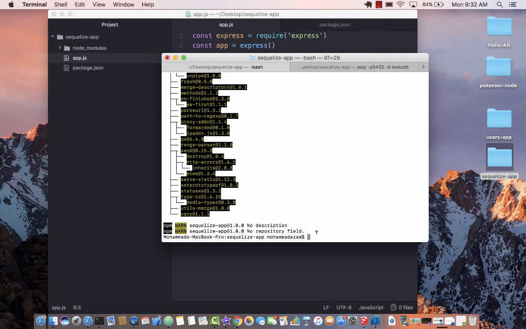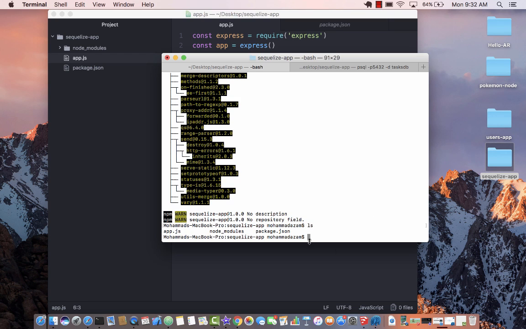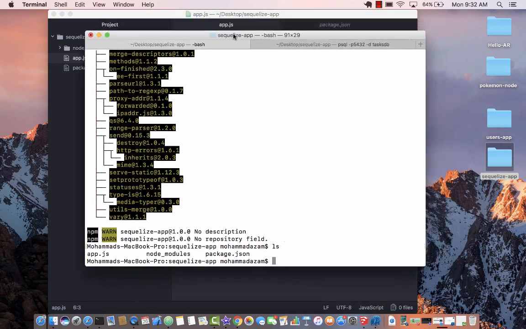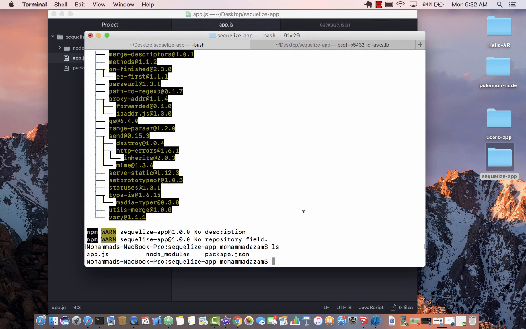So I'm over here. Okay, so I'm inside the folder called Sequelize app. The first thing you need to do is to install Sequelize. So npm install -g sequelize-cli. Now I've already done that, so this is going to install a command line interface so that you can work with Sequelize. And -g is saying that it's going to install globally, so you